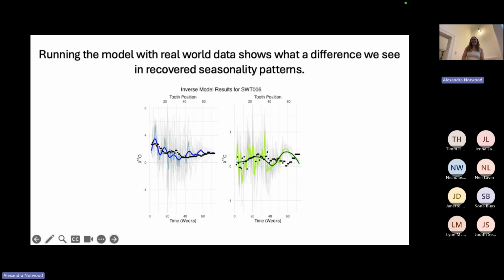And it does work. I should have included, we looked at sampling multiple teeth from the same individual, and when we create a sequence of multiple teeth stacked together, we pick up this really nice bimodal precipitation, which is what we see in central Kenya. So it was really exciting to see that the model is working so well on actual data that fits with what we're measuring in rainfall.